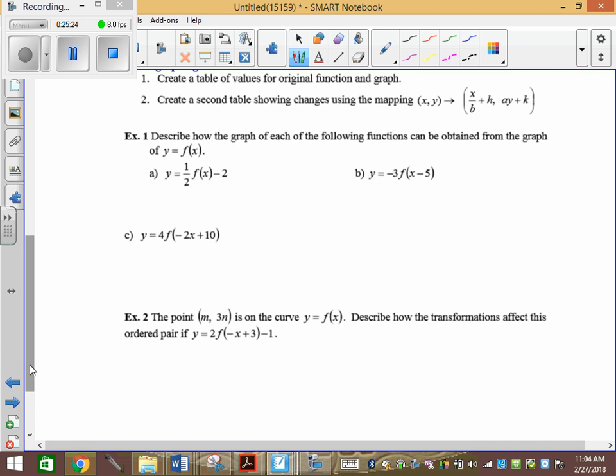Describe how the graphs of each of the following can be obtained from the graph of y equals f of x. First thing we need to do, get them in y equals. Second thing we need to do, make sure there's a 1 in front of the x. If that is the case, we can state everything, right? If that is not the case, we need to make it the case, okay? It's in y equals. We have a 1 in front of the x. Yay! All right. So what are our stretches? Do we have any? What kind of stretch? Vertical stretch by a factor of 1/2 about the